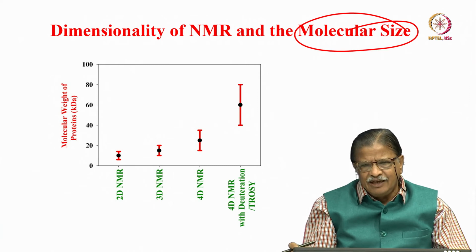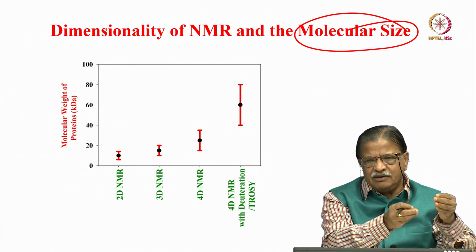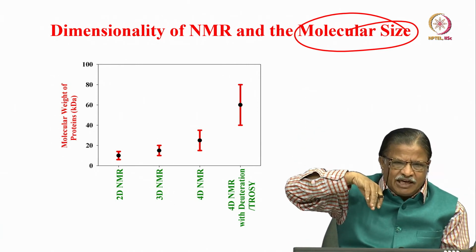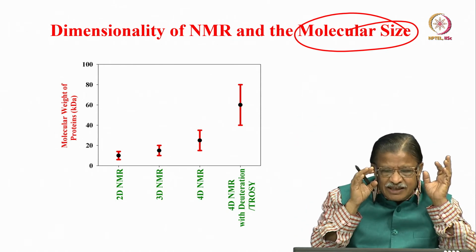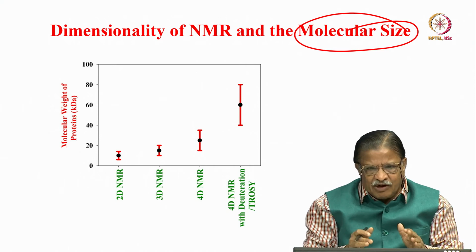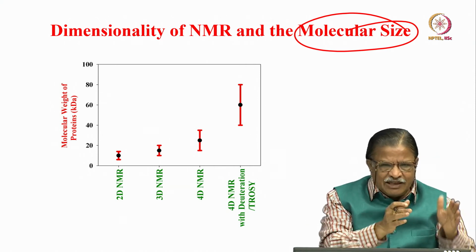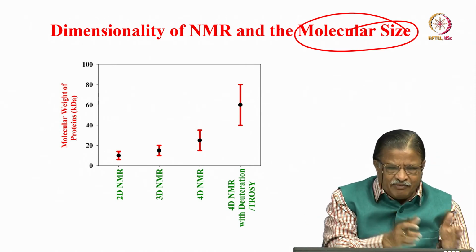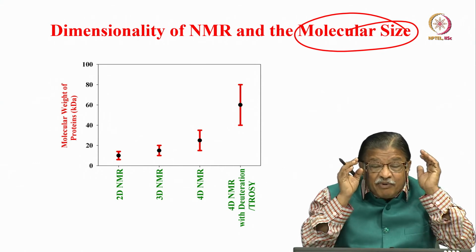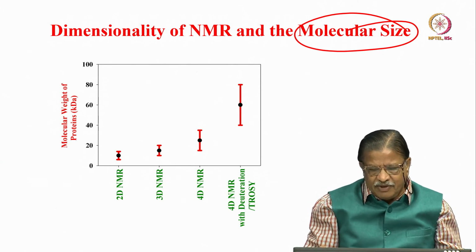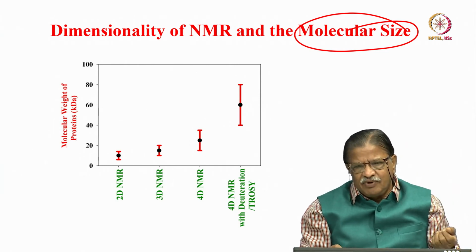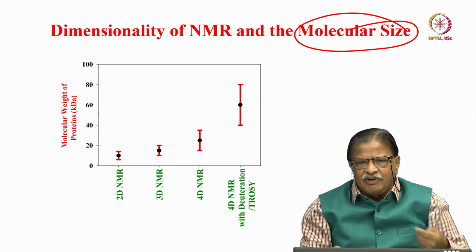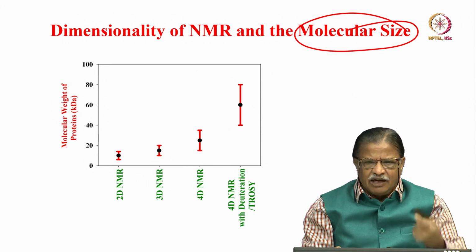It is not that you take a simple molecule like water and you want to take higher dimensional NMR, or want to go to higher frequency. These are all not needed. You have to judiciously decide which type of spectrometer you require, what frequency, and what is the type of molecule, whether you want 1D NMR, 2D NMR, 3D NMR. That depends upon the complexity or the size of the molecule. If I take just benzene, 100 megahertz, 50 megahertz, 60 megahertz is sufficient. You get a single peak.